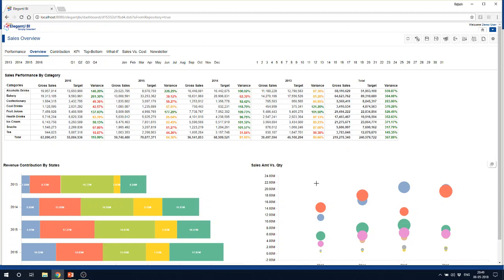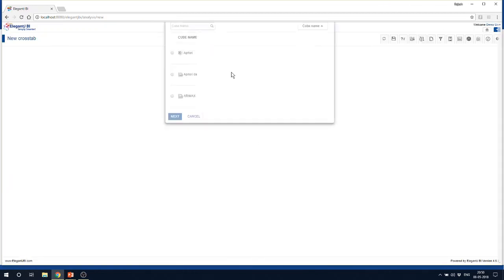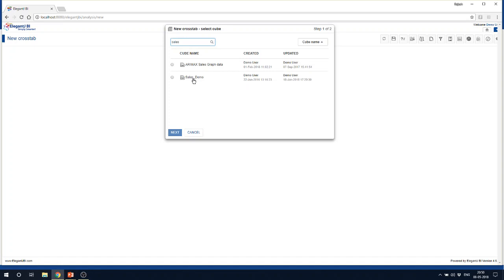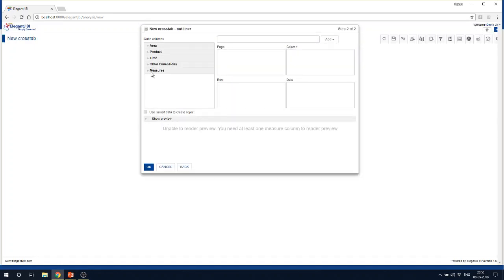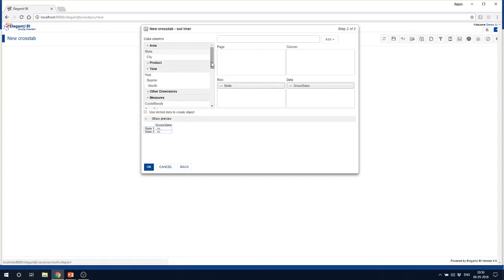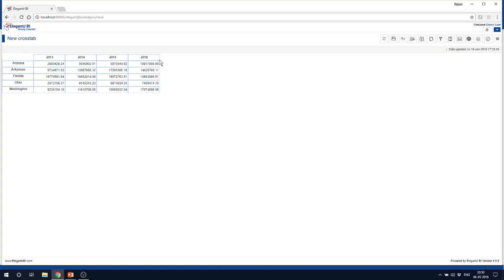Thank you. So let's explore the functionality of time series. So here we'll take one example using cross tab. So this is sales demo cube, and here, say for example, I take state in row and cross sales in data sections, and here you can see that time dimension is available here. So year, quarter, month is available. So for a regular use, you can see that all these years are available. But say for example, if you want to find out, or if you want to compare based on your ad hoc time duration,